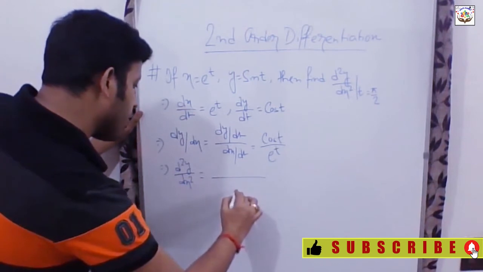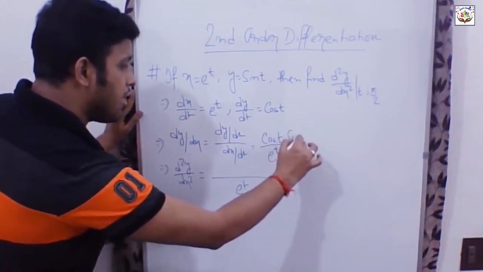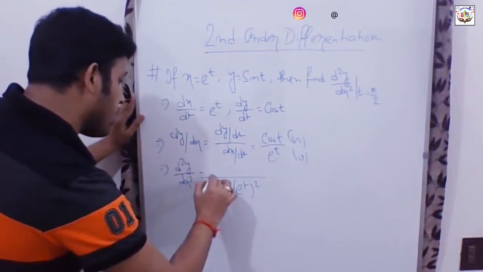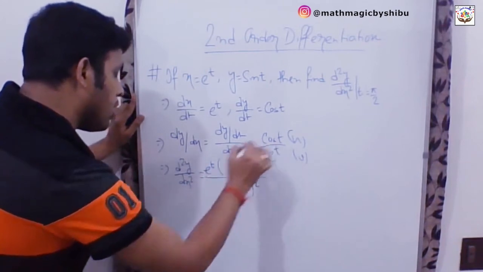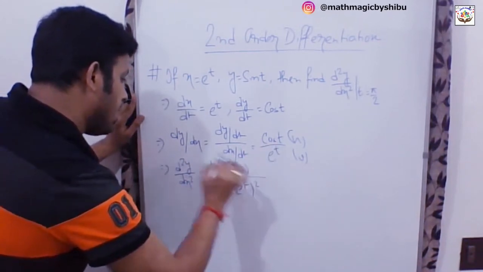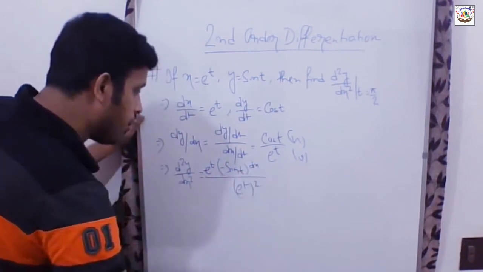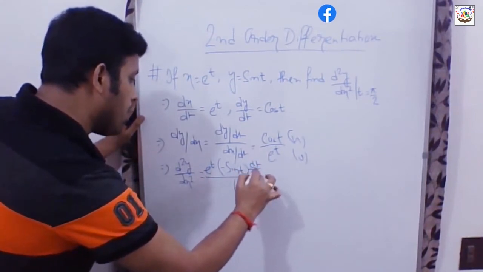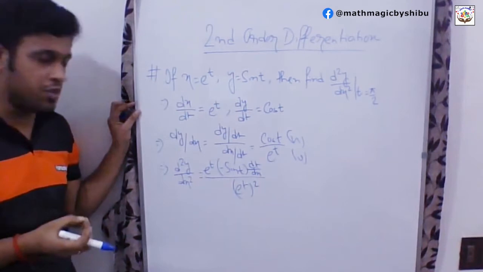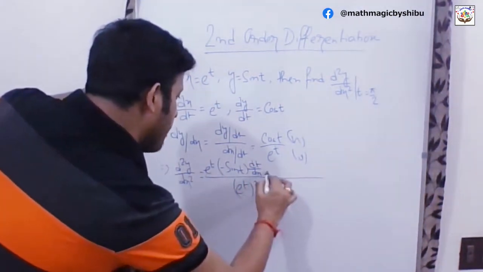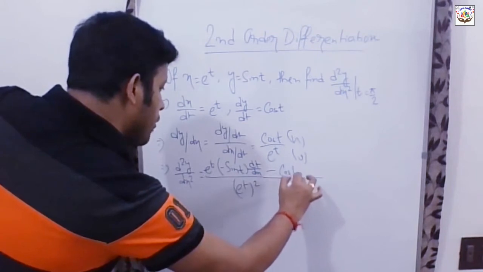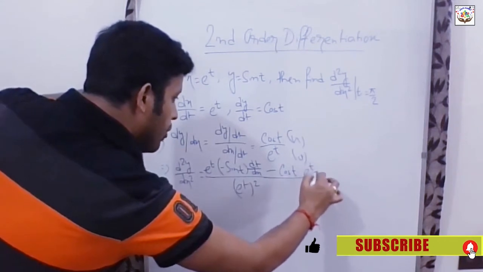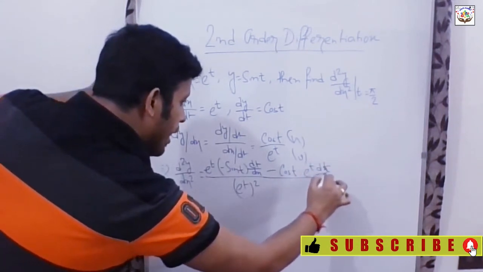So we have a u by v function; consider one as the u function and the other as the v function. It will be v square, v into the derivative of u, that means minus sin t dt/dx. It will be dt/dx, as we are differentiating with respect to x. Do not get confused here. Minus cos t will be constant, and the derivative of e to the power t with respect to x will be e to the power t dt/dx.